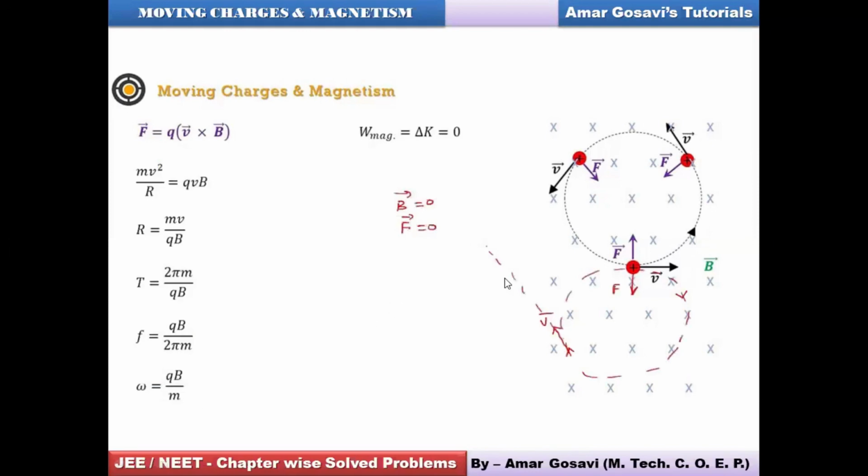Here you can see if this magnetic field vanishes, all right, friends, the force will also vanish. And then instead of a circular motion, the particle would fly off tangentially like this. So that establishes the role of the magnetic field in the cyclotron. Because the magnetic field is always perpendicular to the motion of the charged particle, that is a positive charge, this magnetic field will ensure that the charged particle moves in a circle. Please make a note of it, friends.